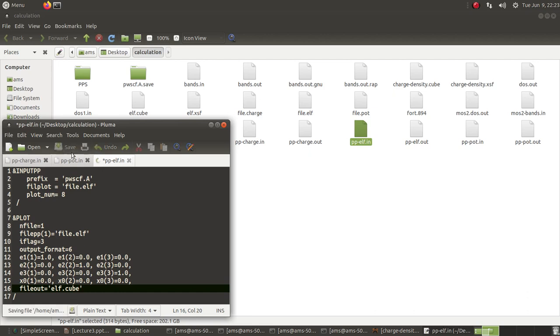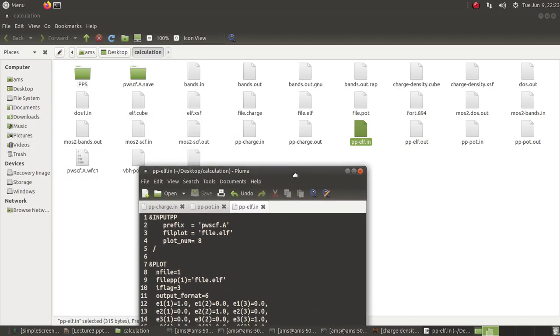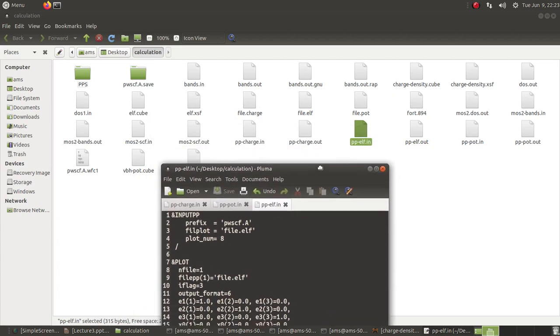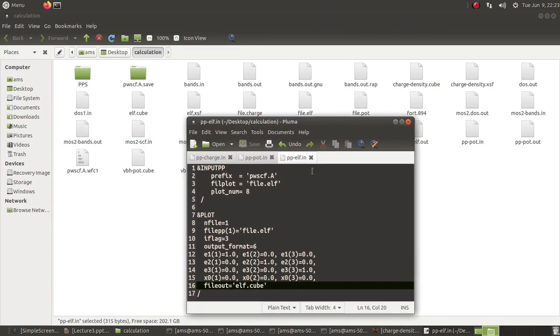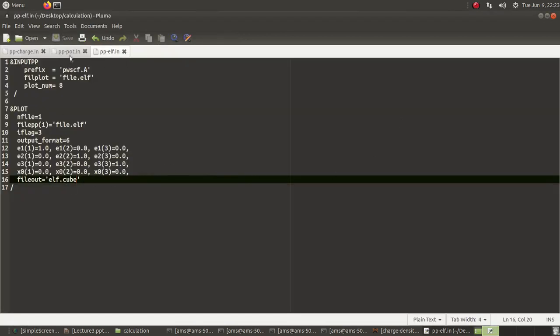So in this way I have potential, charge, and electron localization function, all these things I can plot. I can create the data for the plot, and this can be stored in the file. So this is the file out. Always remember to put the correct output file name and remember that name when you want to plot.